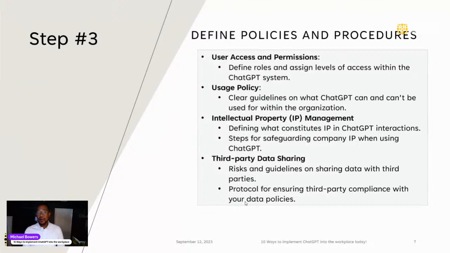The next one, step three, defining policies and procedures. This is a super important step because, as I just spoke about, you can put things into ChatGPT that you don't want anybody else to know, whether it's intellectual property, campaigns, anything. You have to train your employees. And one of the first things that we do is we say, hey, listen, everybody must use a company account, not your personal Gmail or whatever you're using, your own email or a Gmail account. When it comes to company usage, you've got to set the policies and procedures in place.